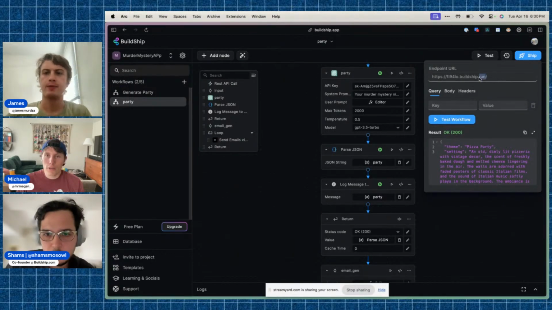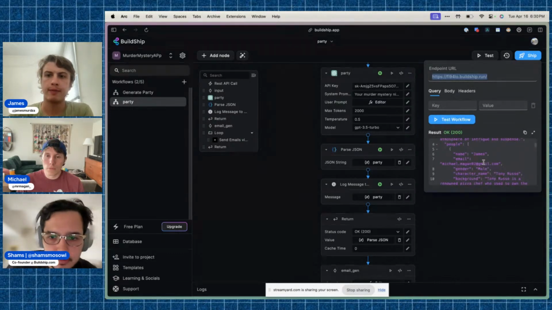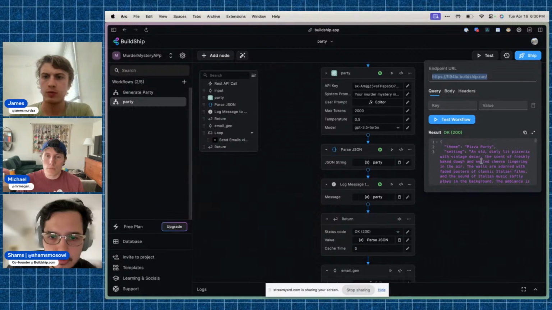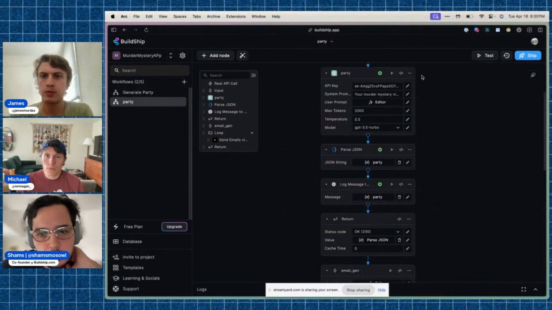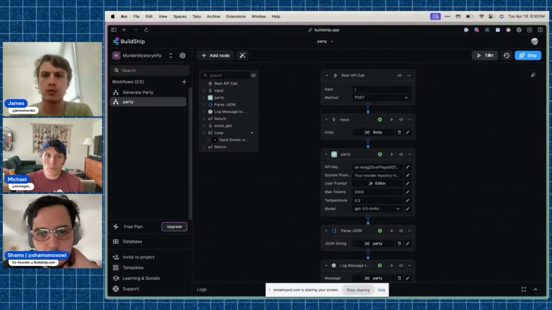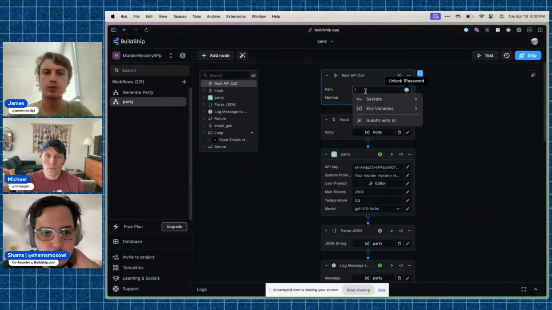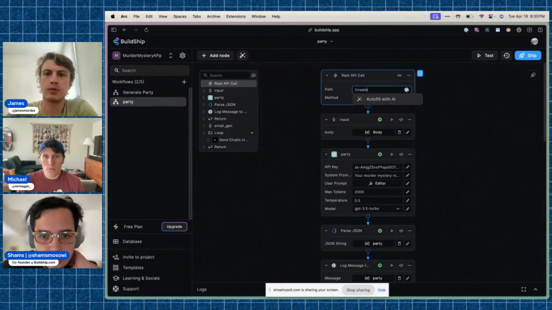So do you just take this endpoint? Let's see what happened. If you scroll up, you want to set a different endpoint so that it's clear. You can change the path here to create party, or let's do party great or something.